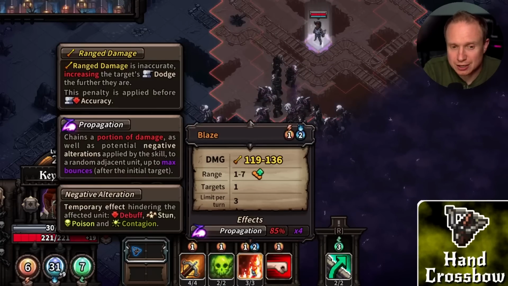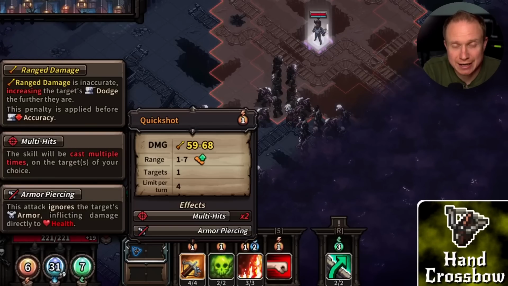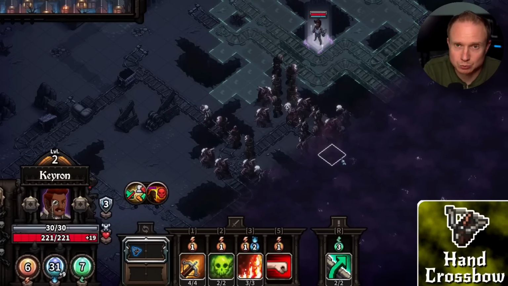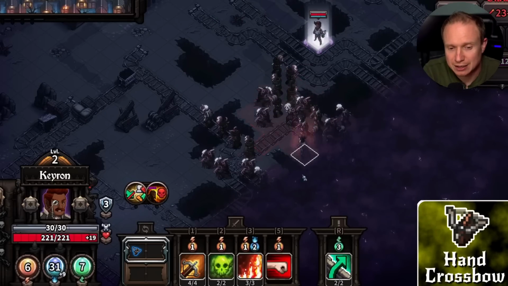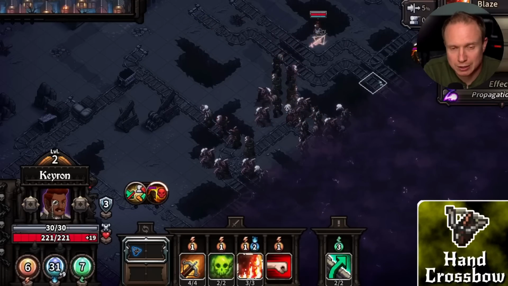Now, this, for those of you that played before, you will know that previously Quickshot had a snare associated with it, and Blaze had multi-shot and propagate, which was always problematic because no matter how much they nerfed it, it was still exceptionally good. But to play out a sample turn here, since Blaze only costs 1 action, I might